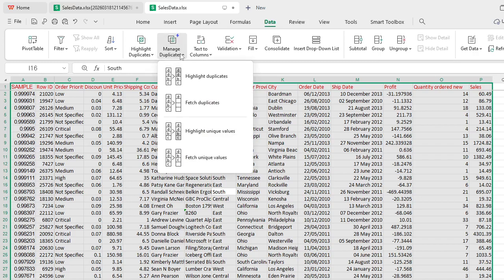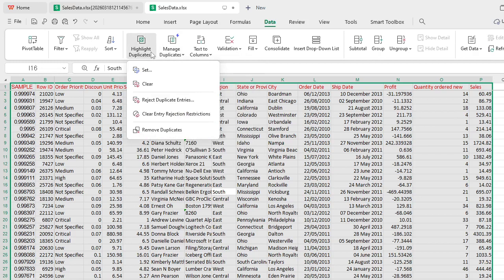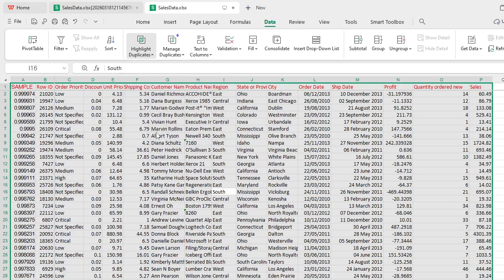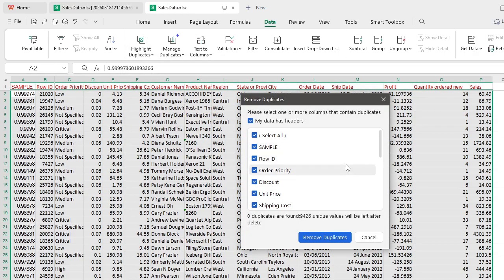There's Manage Duplicates, and here you can highlight all the duplicates, you can fetch them, and you can even highlight the unique values and fetch them. So for us to remove the duplicates, we come here on Highlight Duplicates, then the last option here, there's an option called Remove Duplicates, and we click on Remove Duplicates,